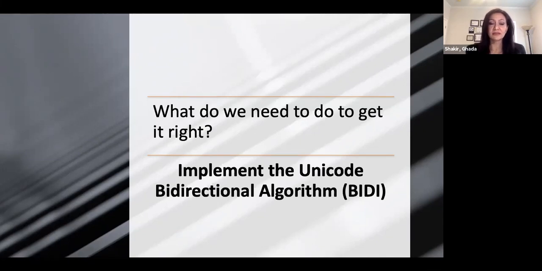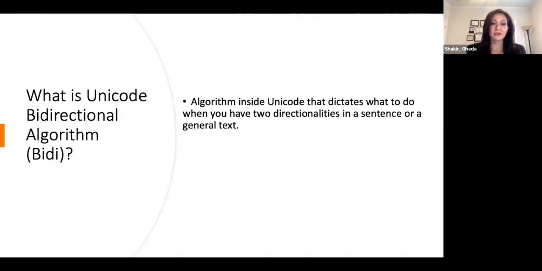to get this right? What we need to do is to implement the Unicode bidirectional algorithm, which is BIDI in short. So what is the Unicode bidirectional algorithm? It's an algorithm inside Unicode, and it dictates what to do when you have two directionalities in a sentence or a general text. So it will be able to accommodate both directionalities of a text in one. So it will be a mixed